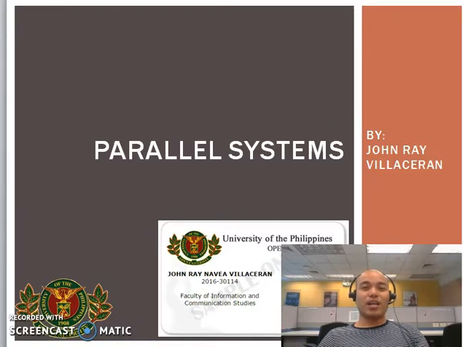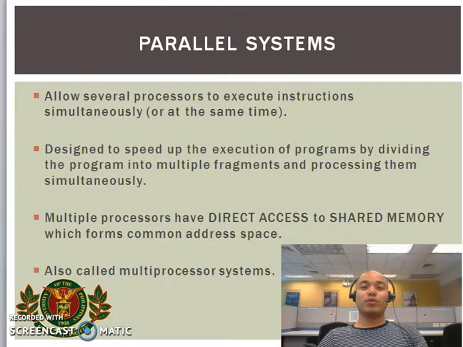So allow me now to describe to you the definition of parallel systems. Parallel systems allow several processors to execute instructions simultaneously. As compared to concurrency before, it is genuinely executing instructions at the same time. Second, it is designed to speed up the execution of programs by dividing the program into multiple fragments